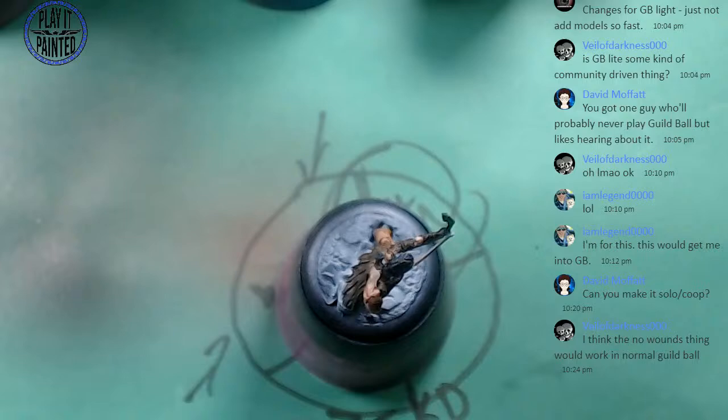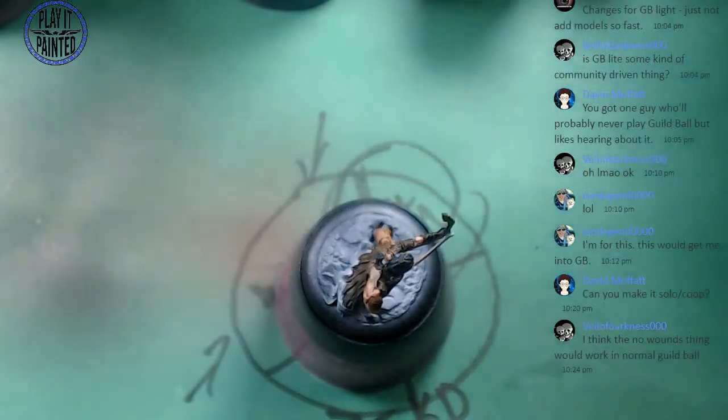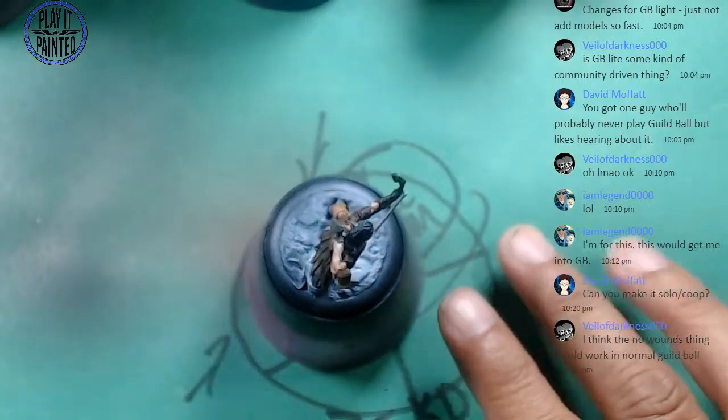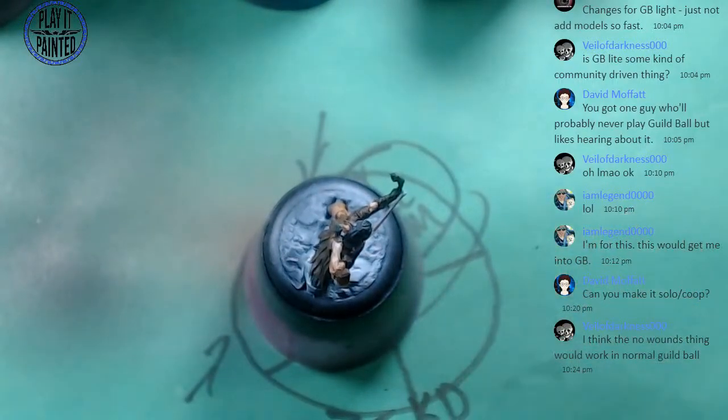You think the no wounds thing would work in normal Guild Ball? It might. But imagine how quickly your characters refresh. I also looked at, okay, so burning, for example, still does the -2/-2 move, right? It does not do any damage to you though. Poison is basically a half state for knockdown. So if you're poisoned,